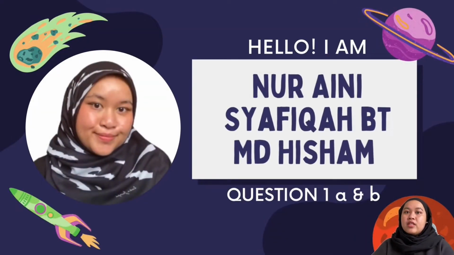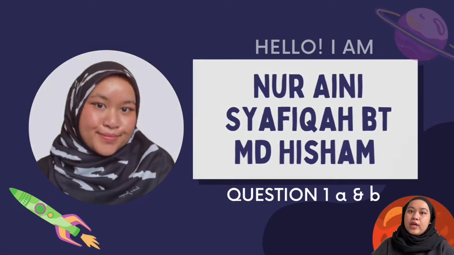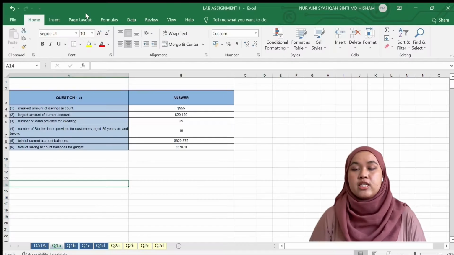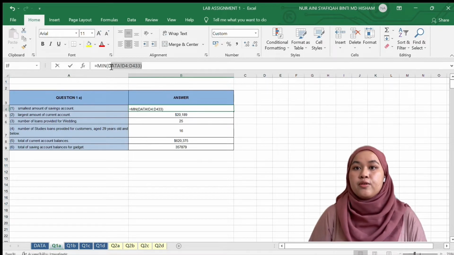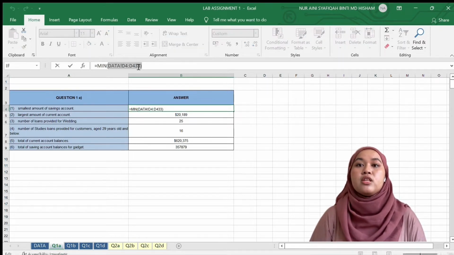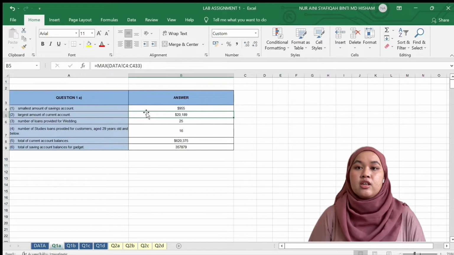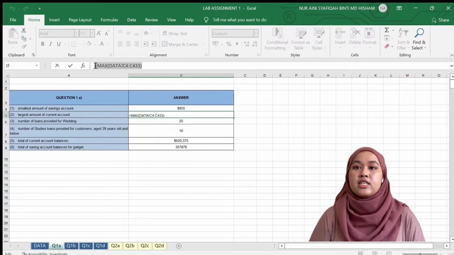Today I will be presenting question 1A for lab assignment 1. The first question is the smallest amount in the saving account, and the answer is $955 using the min function that returns the smallest numeric value in the data provided. Second answer for largest amount in current account is $20,189 using max function in Excel that returns the largest value